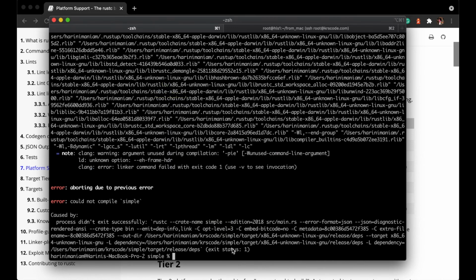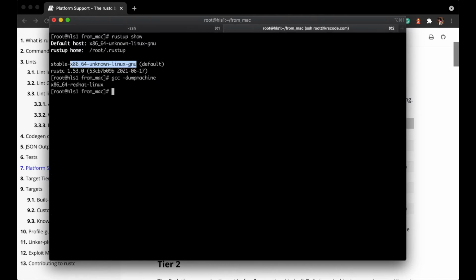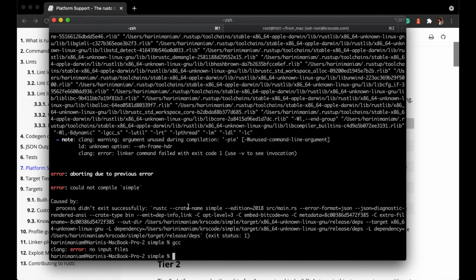So what we can do is provide a different linker in place of this Clang. If you run GCC, for example, which is the GNU Compiler Collection, it is internally using Clang for this purpose. And if you use a GCC here, this is using the regular GCC. So what we need now is, when we issue this